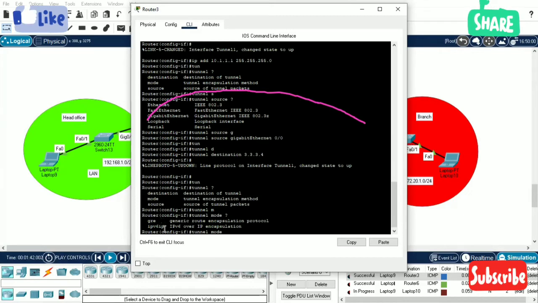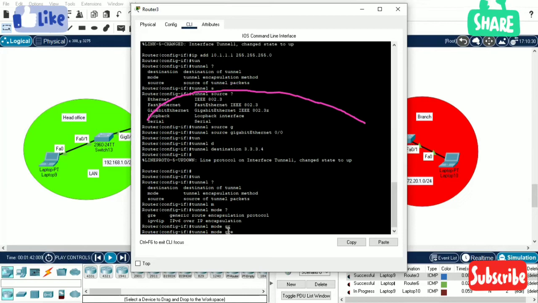But IPIP only supports IPv4 and it does not encapsulate the layer 4 header. GRE supports multicast, but IPIP does not support multicast. So this is the difference between GRE and IPIP.